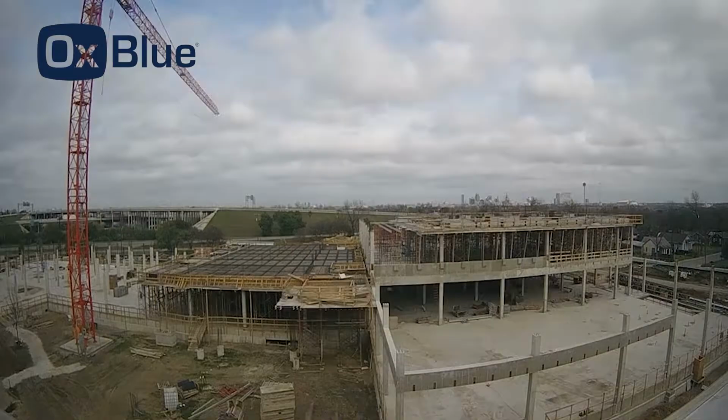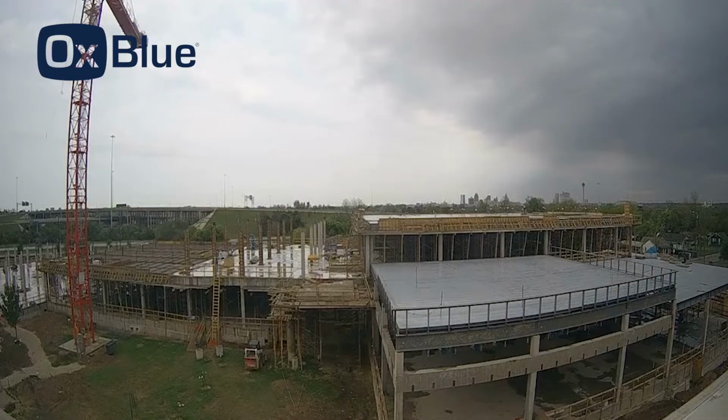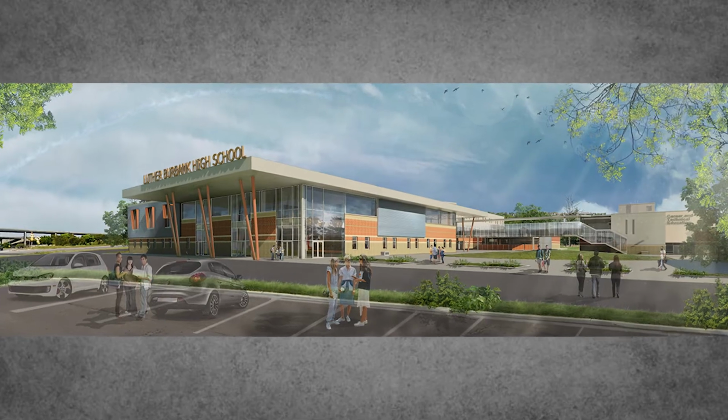I think when it's all said and done, the district is going to be left with a facility. It's going to stand out. It's going to look really nice. It's going to be modern, and we're really excited about it. I think the design itself is an eye catcher, if you will. The facility itself